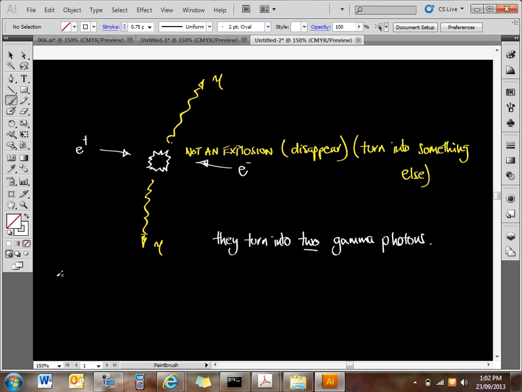Now, let's have a look at how we would do this. The mass of an electron or a positron is equal to 9.11 by 10 to minus 31 kilograms. And we've got 2 of them. 2 times 9.11, 10 to the minus 31 kilograms, is equal to